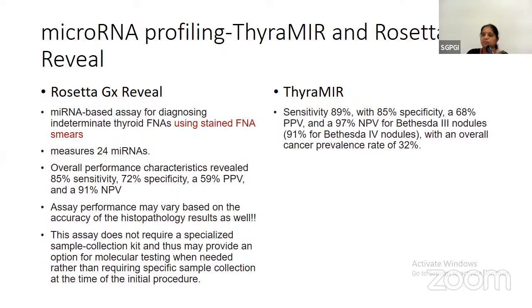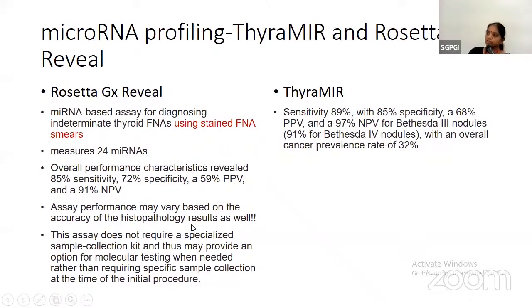There again, you have these companies which have come up with Thyroidectomy and Rosetta GX. And the Thyroidectomy again has a very high sensitivity and specificity. But if you look at the Rosetta GX renal assay, what its USP is that it uses these stained FNAC smears from where the RNA is extracted. It measures 24 microRNAs, and the assay performance, they say, may vary based on the accuracy of the